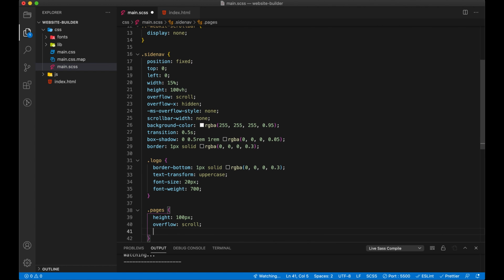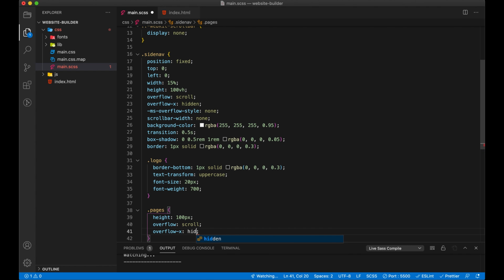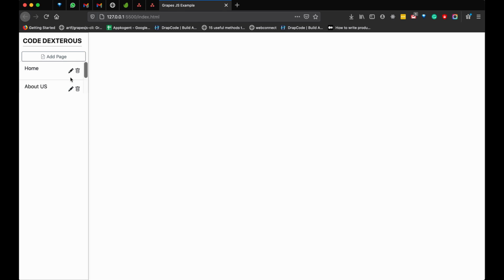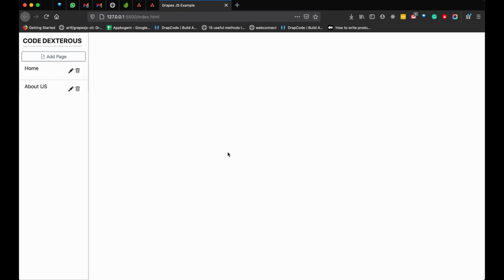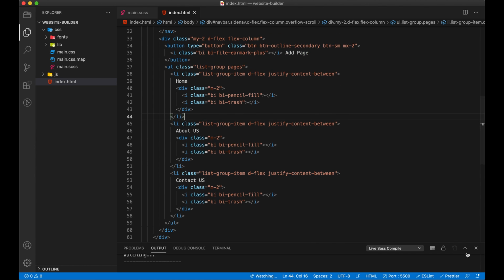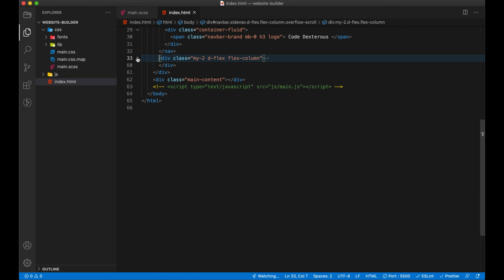And scroll, and again overflow x hidden. Yeah. So this will give our scroll behavior, and it should scroll. Okay, so this is what we have achieved. So now in main content, let's go and add a style for, let me close this one. Let's add page, okay,